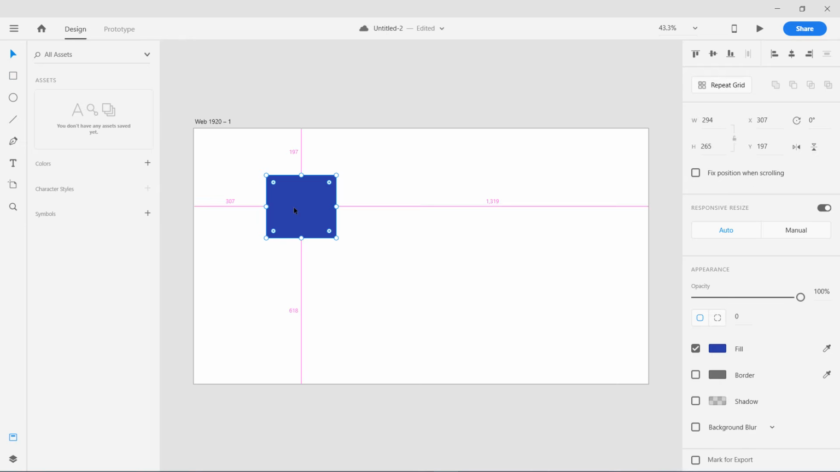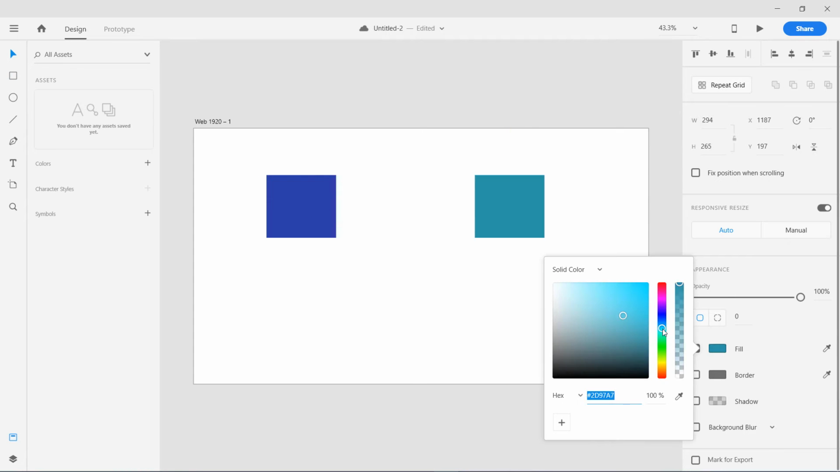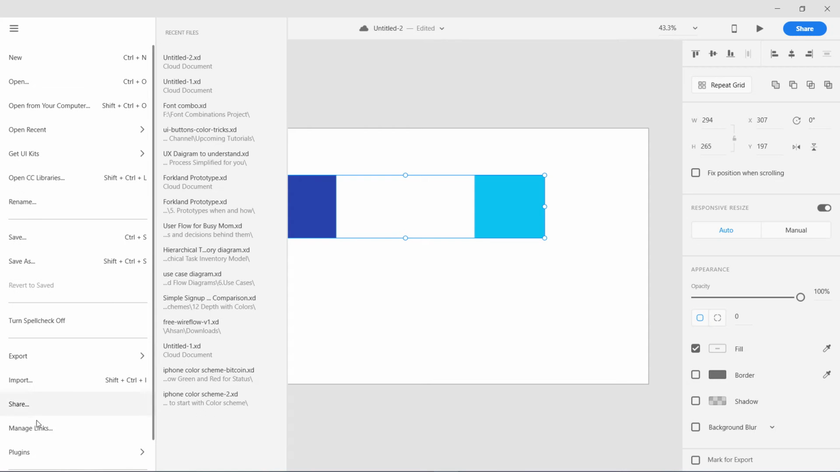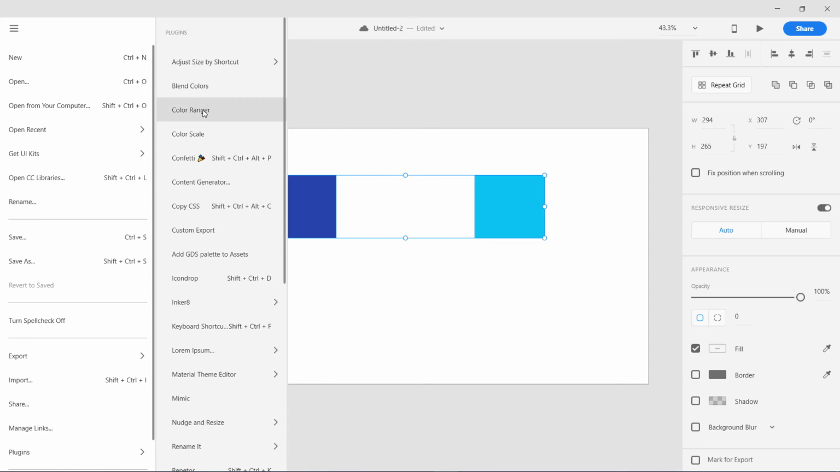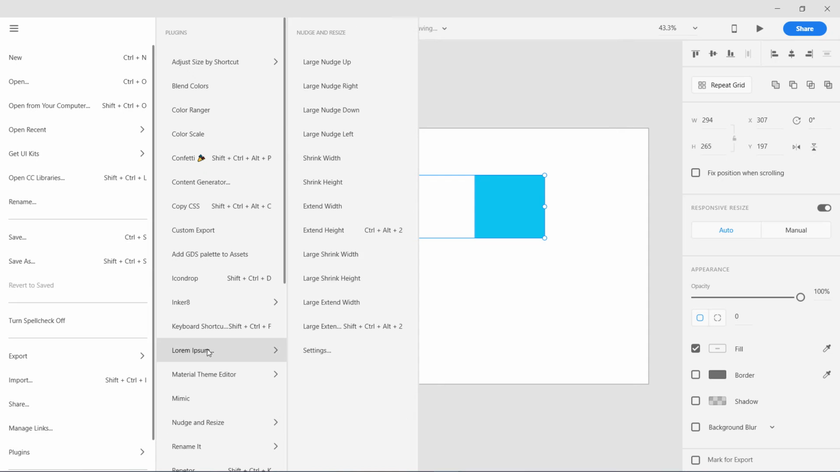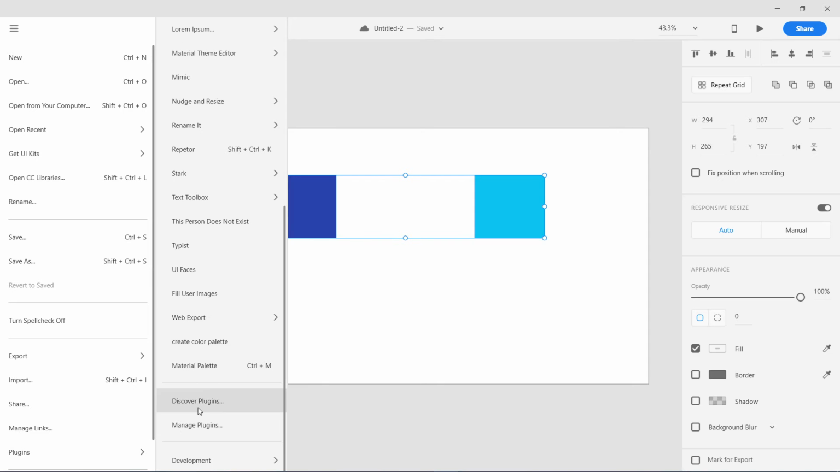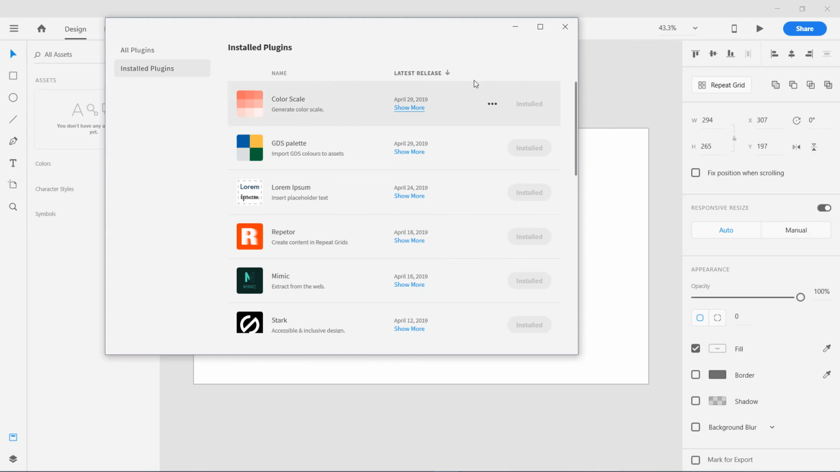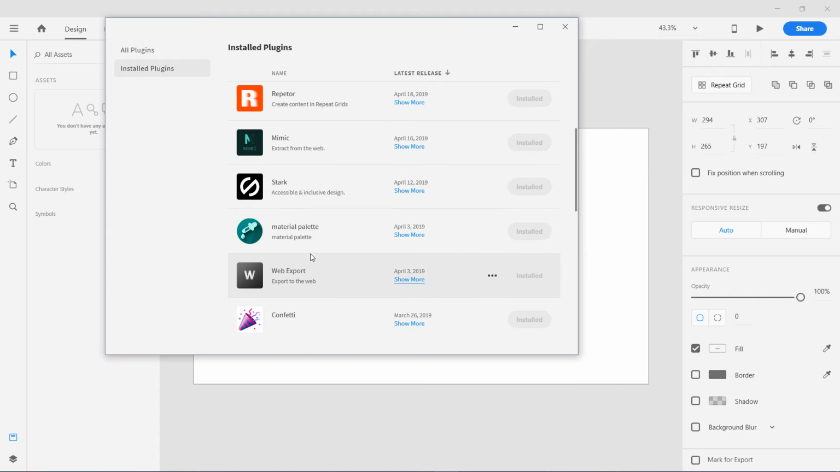and create another one. I'm going to select some color which is a bit brighter and lighter. Okay, so we have two colors. I'm going to select both of them, going to go to plugins, and here we have a plugin called Blend Colors. You can find that if you want to go over here, discover plugins or manage plugins, you can go over here and where it is,